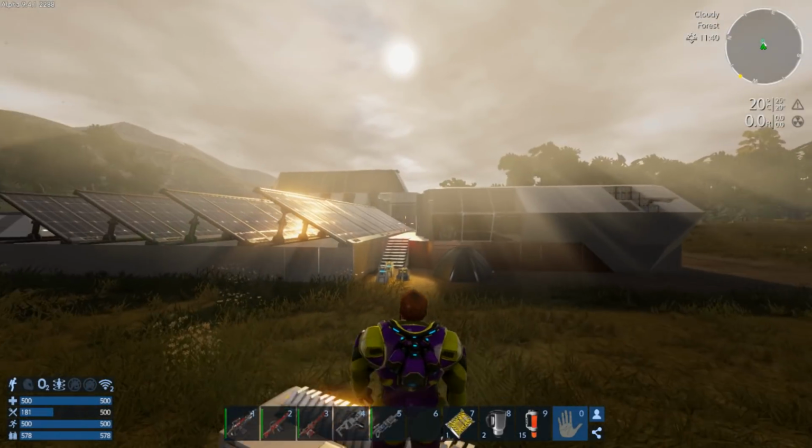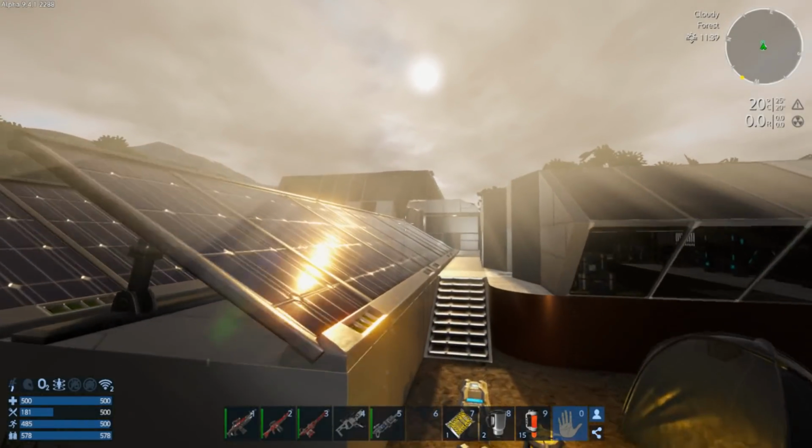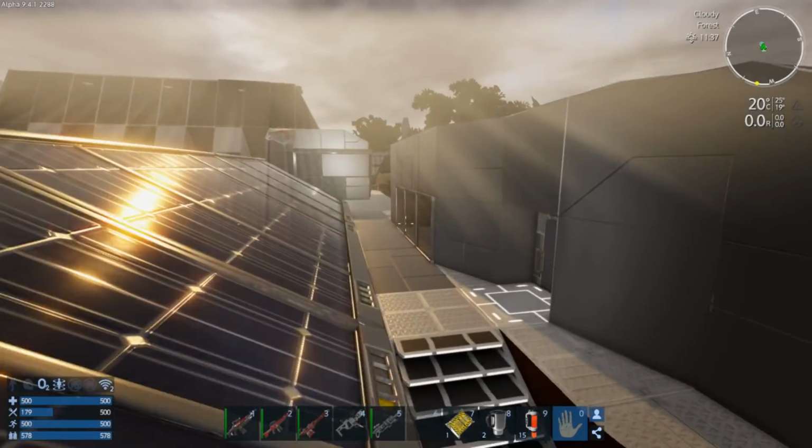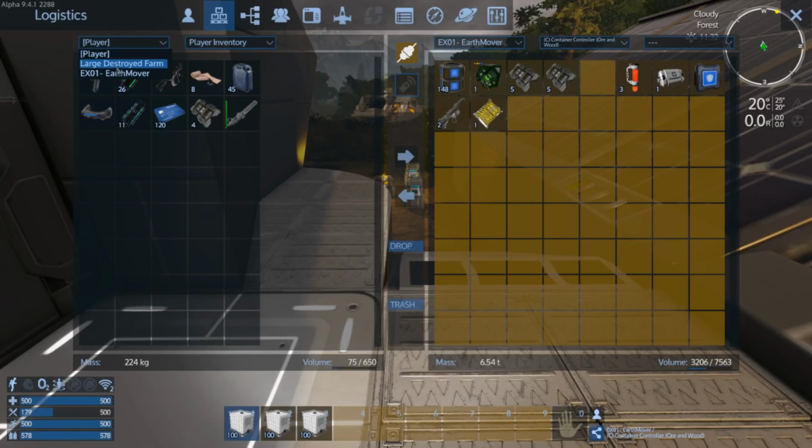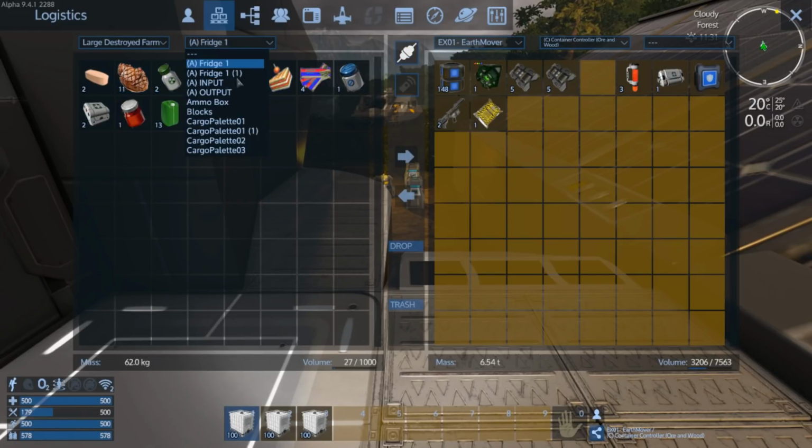I'm not going to test it. Okay, I'm going to try and do my solar panels like normal solar panels on the outside. I need to offload this water somewhere. I don't know where to stick it. The base is full. It really is. Look at this. Right. Input